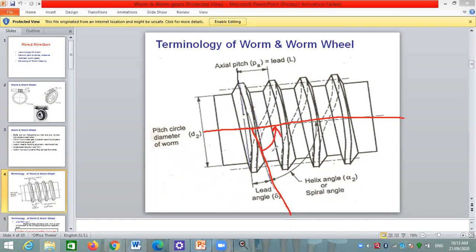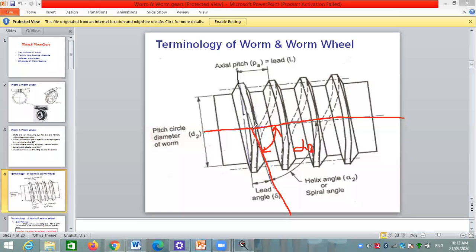and this is denoted by alpha 2. Alpha 2 is the angle made by the teeth with the axis of rotation, and 2 is used for a worm. Therefore, alpha 2 is the spiral angle for a worm, and alpha 1 is the spiral angle for a gear. And if we see,